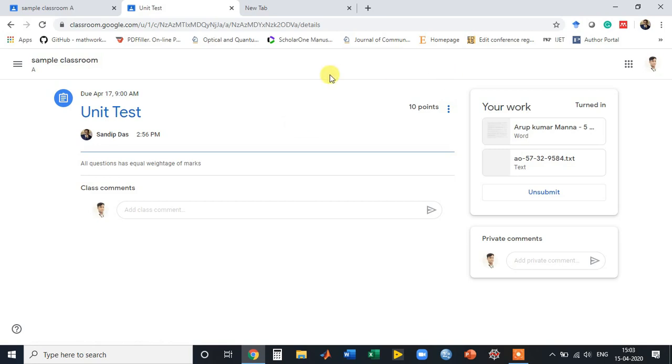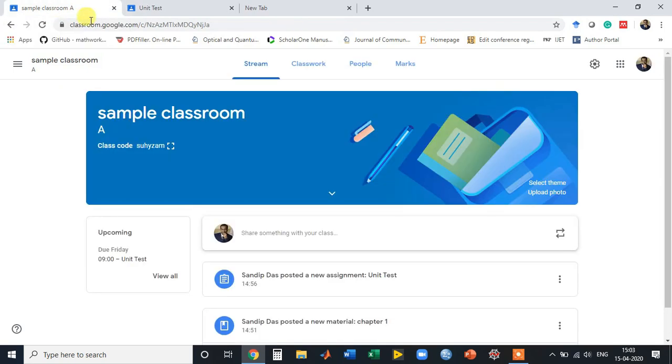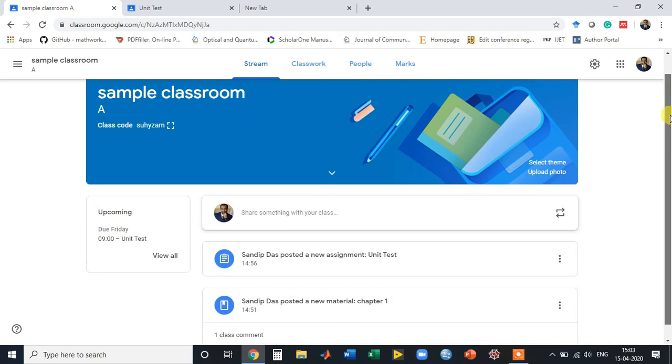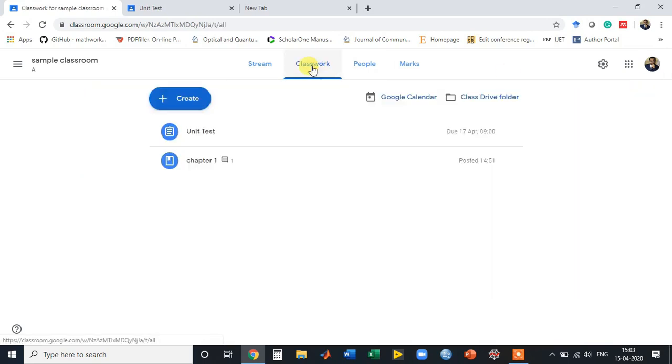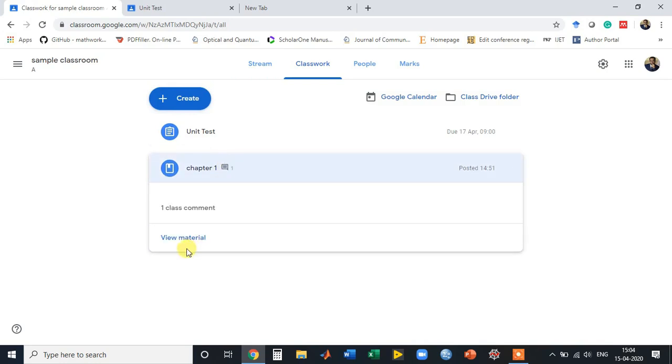Now I will again switch to the teacher's view and see whether the student's answer is visible to the teacher or not. So this is the teacher's view again. I will go to the classwork and I see the student has given a comment.